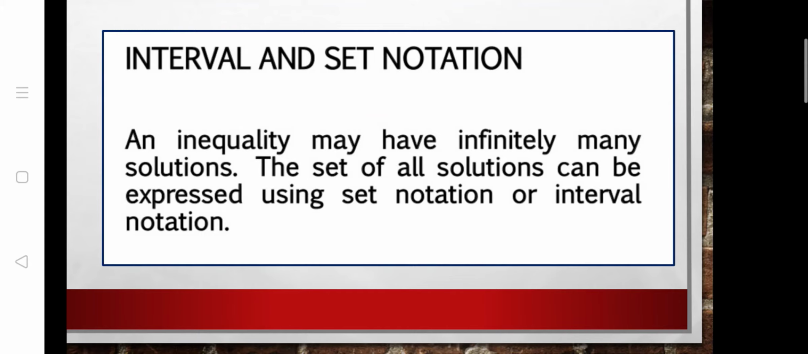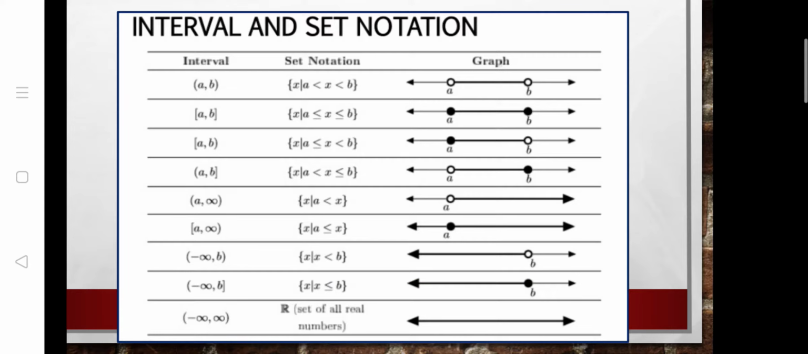Okay, so let's talk about the interval and set notation. So in interval notation, these are examples of interval notation. Okay, so we have a to b, or from a to b, wherein a is not included because we have parentheses, and b is not included as well because we have parentheses as well. Okay, same goes with this,